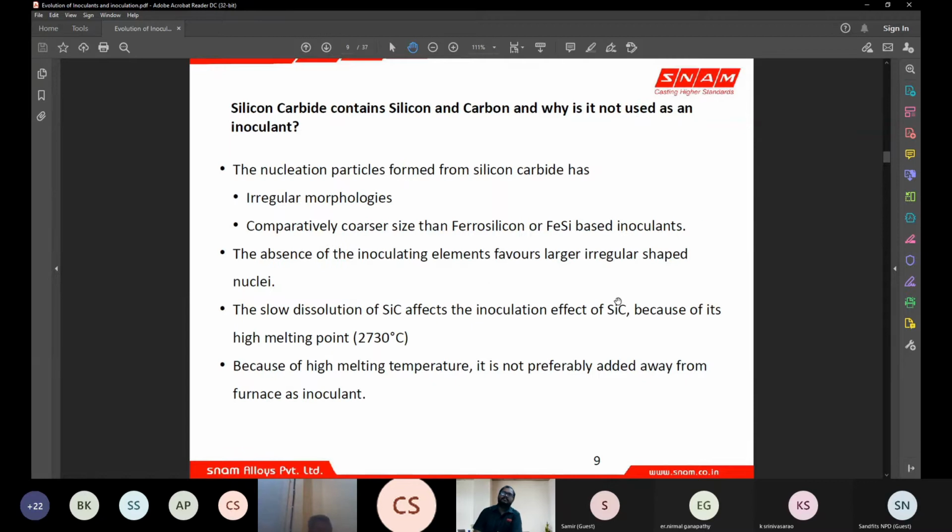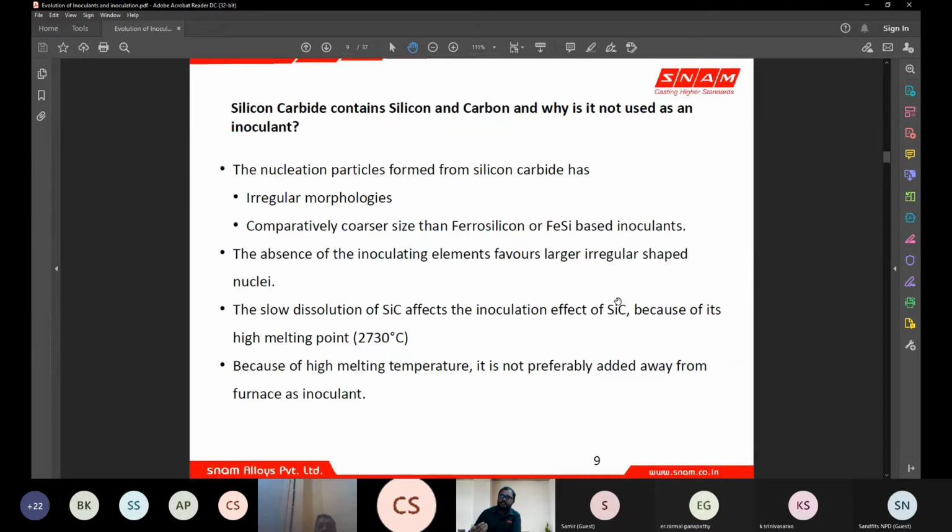There is one other material called silicon carbide, which also contains silicon and carbon, and there are some reasons why silicon carbide is not being used. Silicon carbide has got irregular morphologies, and those are comparatively coarser compared to ferrosilicon or ferrosilicon based materials. Size is not the constraint, but size has an impact on the performance of the material. Any material can be crushed down to any size required, but